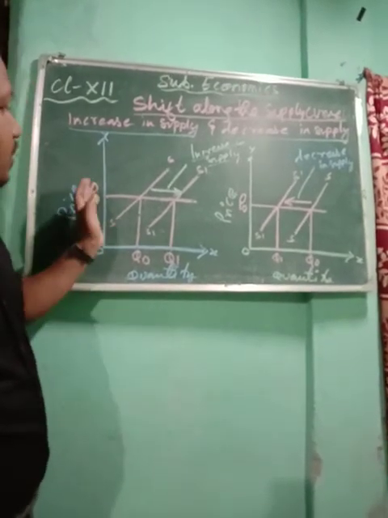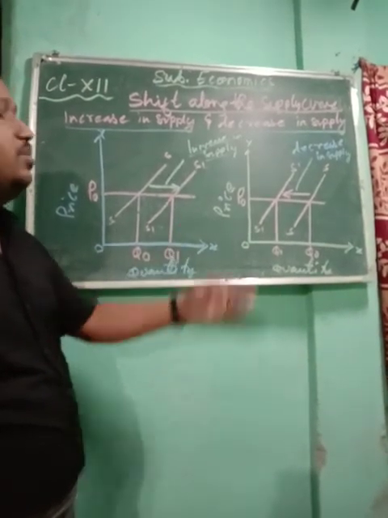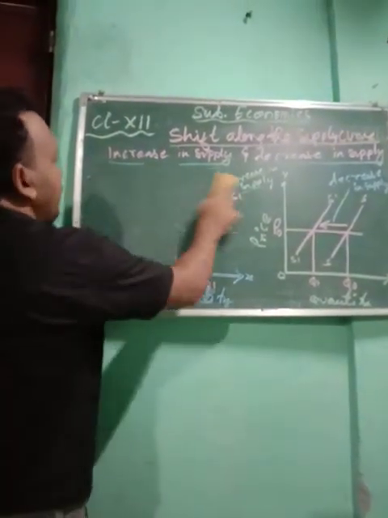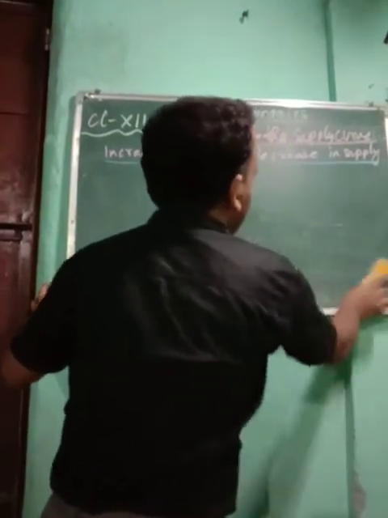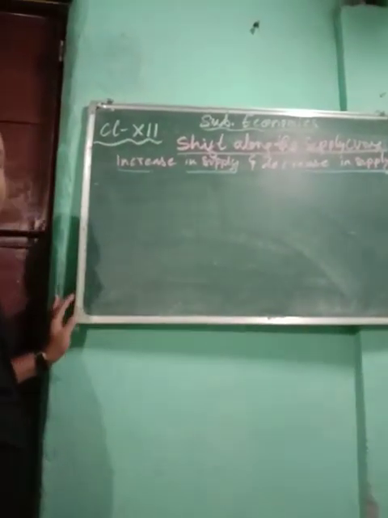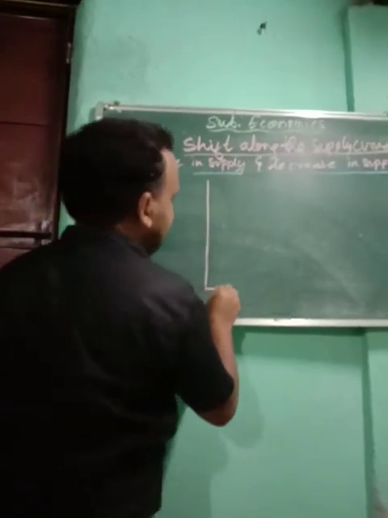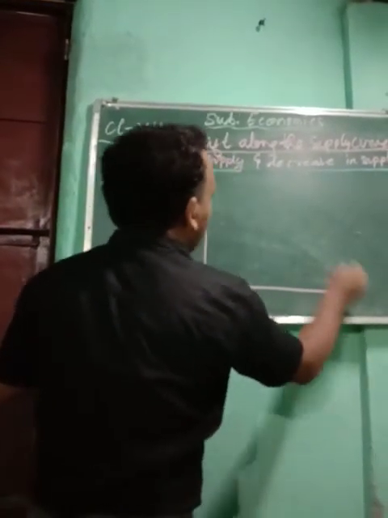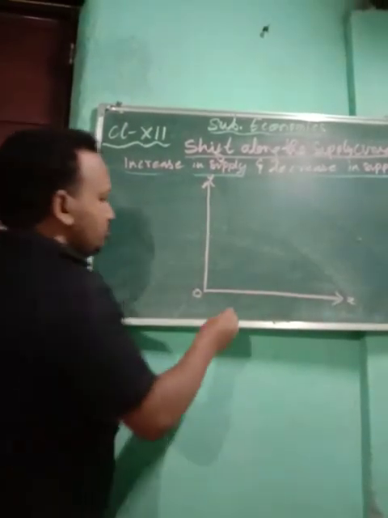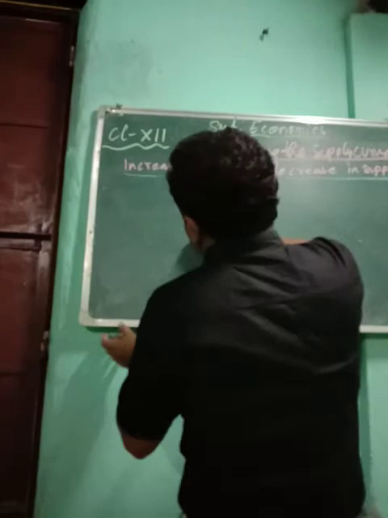Okay, now you see, if separately it is coming, we can prepare it separately, but sometimes it comes combined. Now you see, when it will come combined, how we are going to prepare. Same as with a movement. Okay, now you see here it can be combined. So when it will be combined, we have to show increase in supply and decrease in supply. In that case, what you are going to do is show them together. So in this case, what you are going to do is the quantity, price.